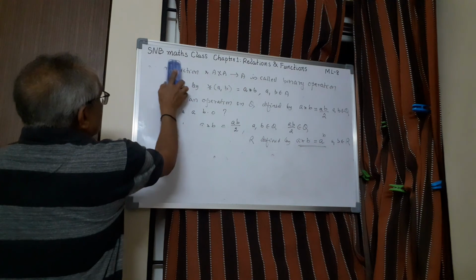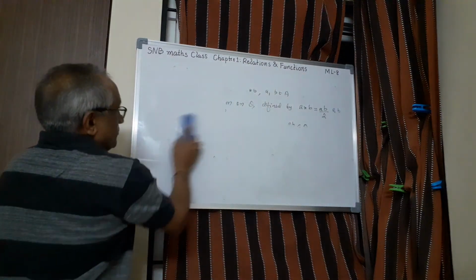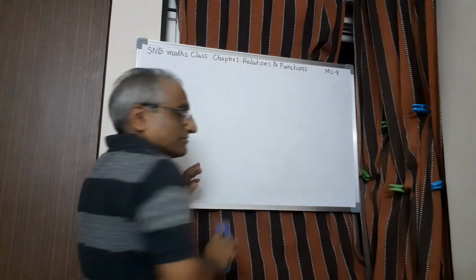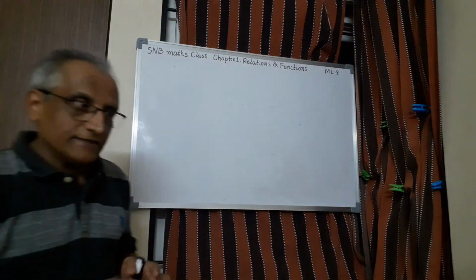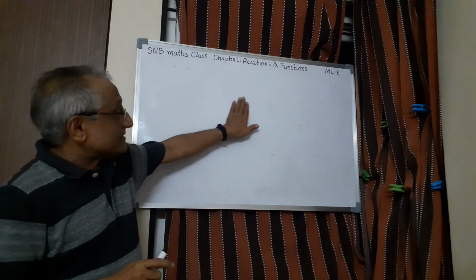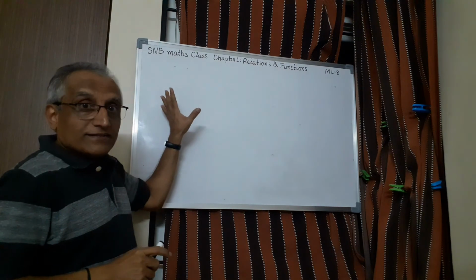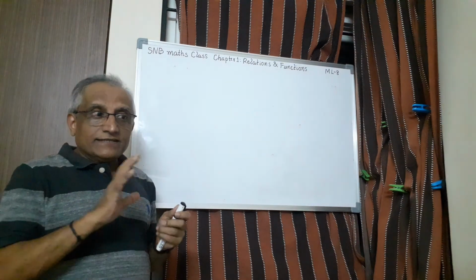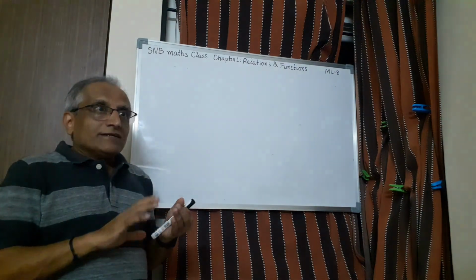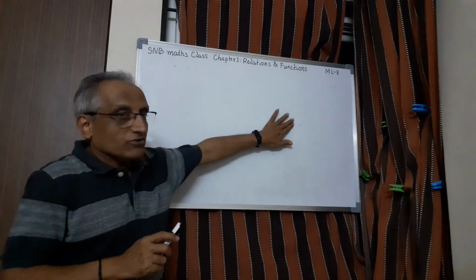Students, let us conclude today. I have introduced the concept of binary operation. It is sufficient if you are able to decide whether a given function is binary or not. In the next lesson, that is ML9, that will be the last main lesson in this chapter. There we are studying different types of properties, actually properties of binary operation.